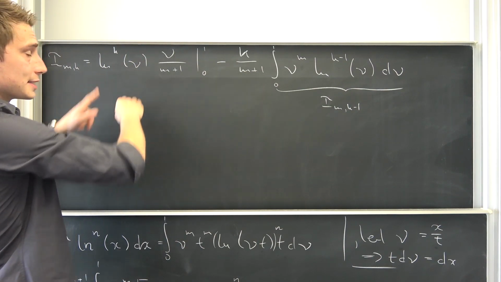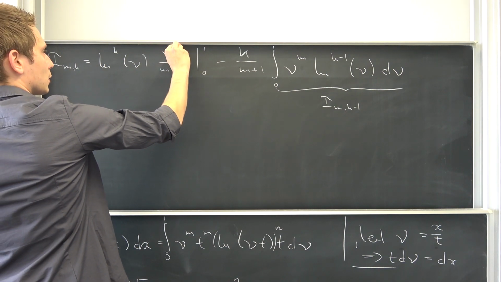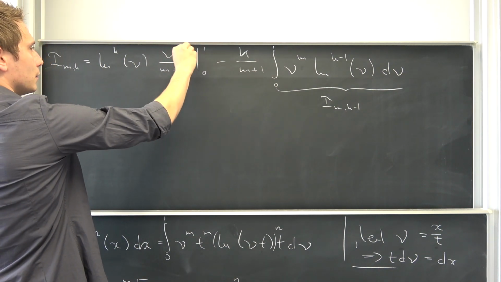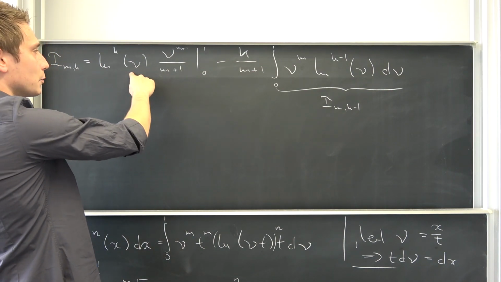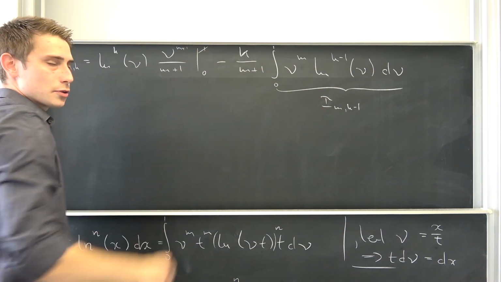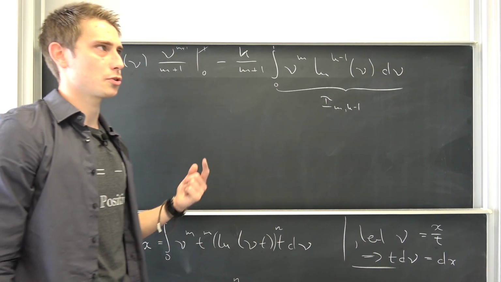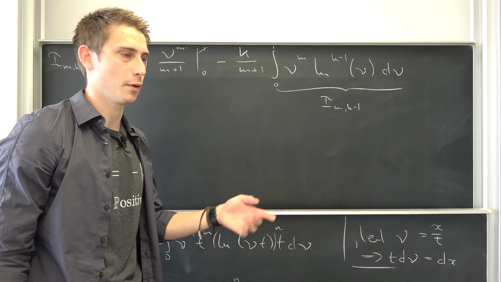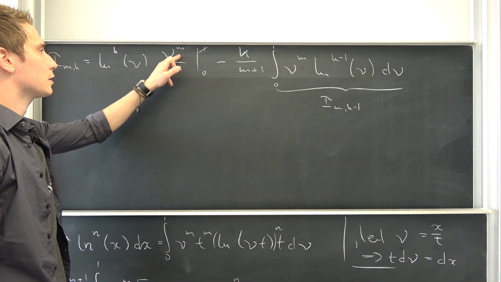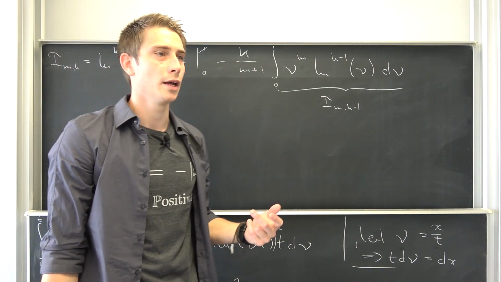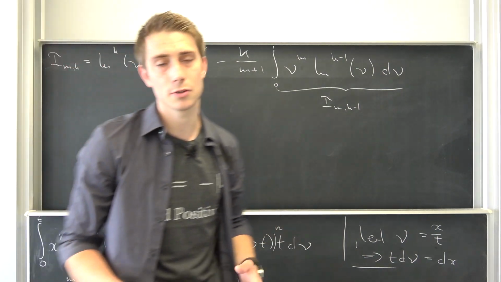Now, we have this thing right here. What can we say about this? It's going to vanish. If we plug 1 into here, also I forgot the mth power, the m plus 1th power really doesn't quite matter. Now, if we plug 1 into here, well, natural log of 1 is going to be 0. It's going to vanish. Now, if we plug 0 into here, natural log is going to go to negative infinity to the kth power. So it's kind of negative infinity, something infinity. And also we are going to have nu being equal to 0. A negative infinity or infinity times 0 situation is something you can use L'Hopital on.